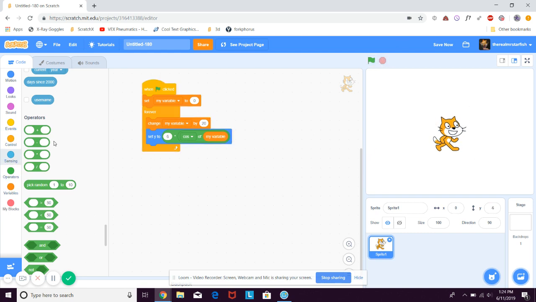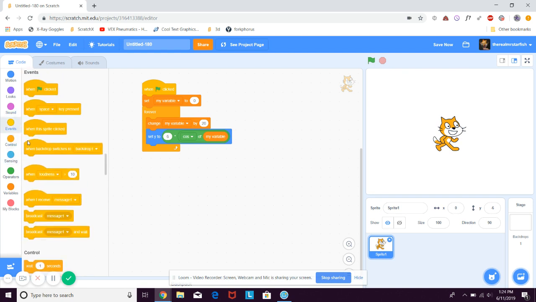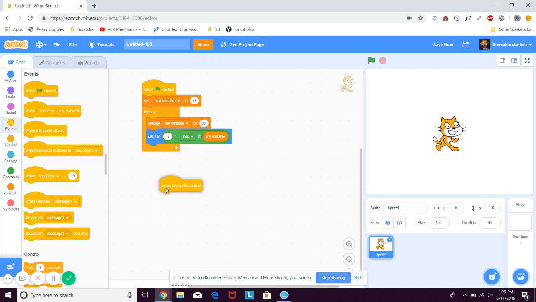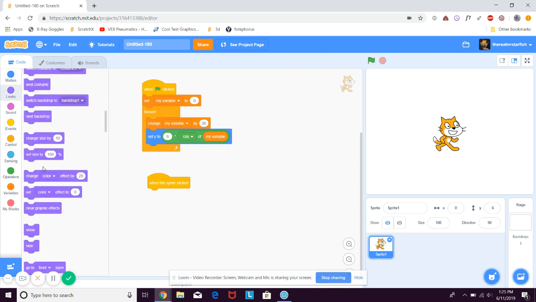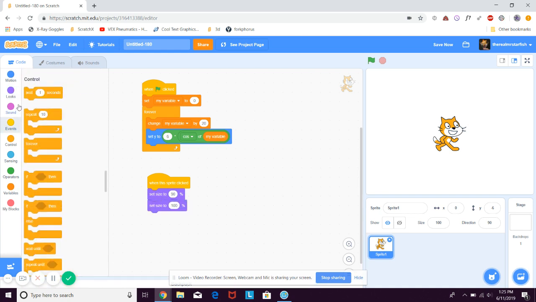Now, we can use when this sprite clicked. It works. When this sprite clicked, set size to 90%. This will make it get a little bit smaller. So we can see every time we click it, it'll do that. And then